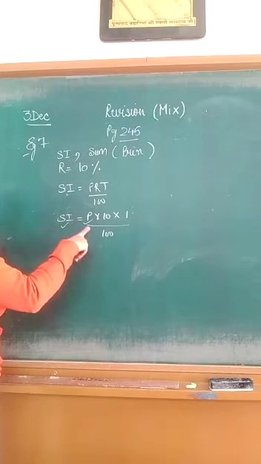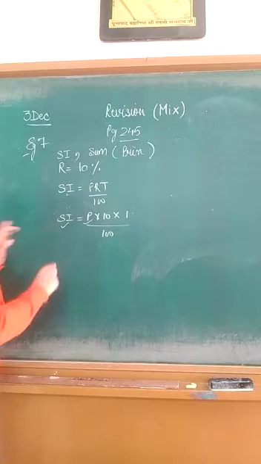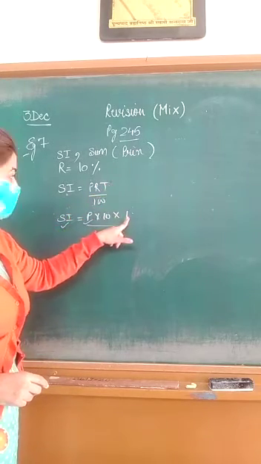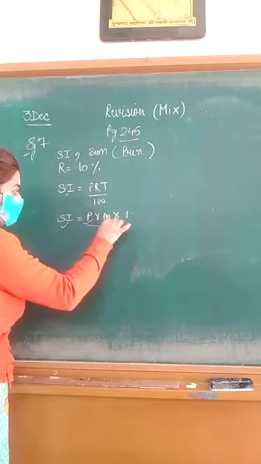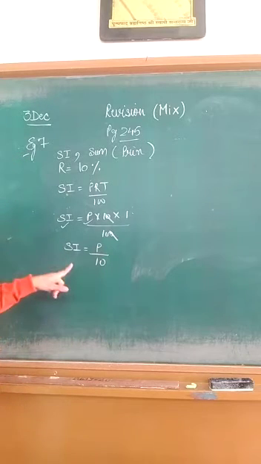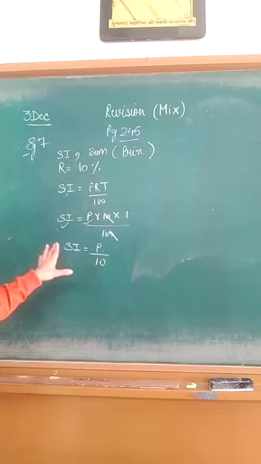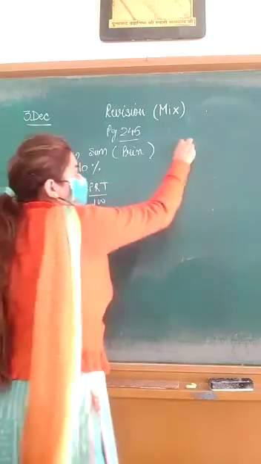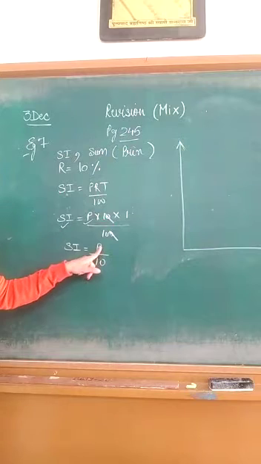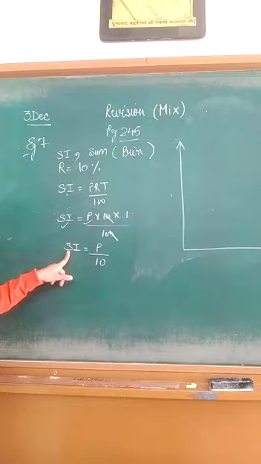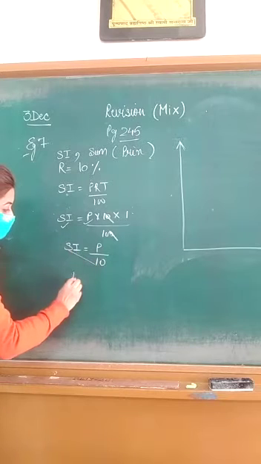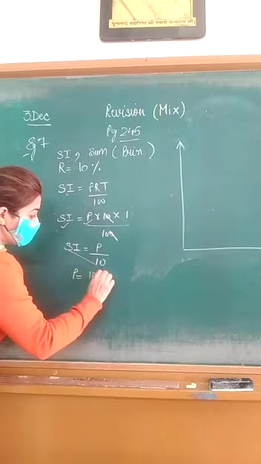So you will keep these two things same. Rate is given as 10% and we have fixed the time as 1. Now cancel the zeros. We are left with simple interest is equal to P upon 10. Now actually we want to draw the graph. So for that you will need x-axis and y-axis. Now let's suppose this principal as x and simple interest as y, or you can take vice versa also. Now if you multiply this here, principal is equal to 10 times simple interest.